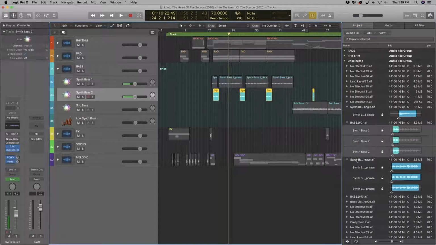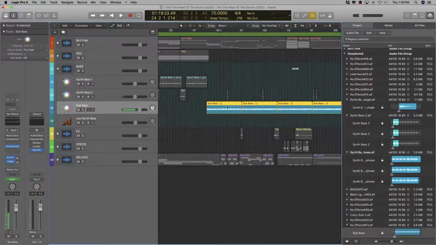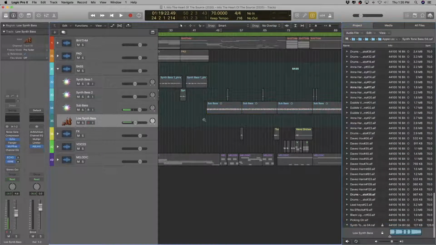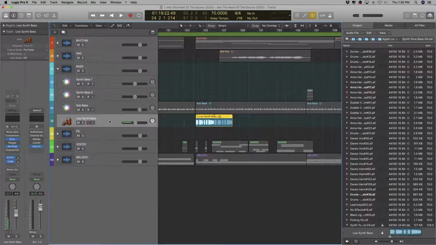Let's check this one. This is all coming under that. Okay, so synth bass 2. Let's name it here. And then we go to the sub bass. Gonna select the sub bass, and here's the sub bass. And low synth bass. Okay, copy that. So I'm just double clicking on the track channel to get it. Okay, now let me try that